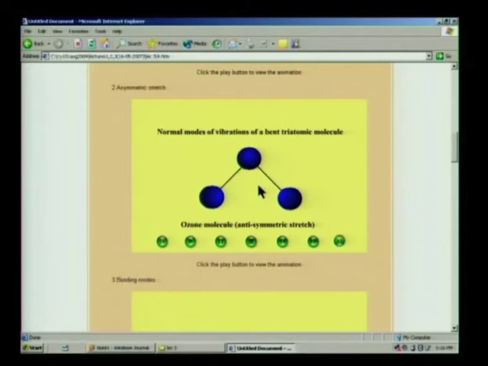This is the other normal mode, in which the bonds are stretched due to the vibration unsymmetrically. It is called antisymmetric stretch. The third vibrational mode